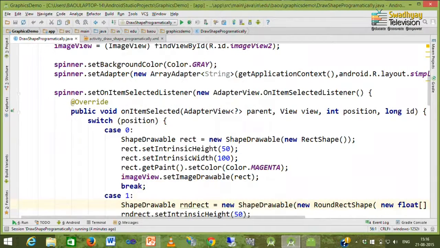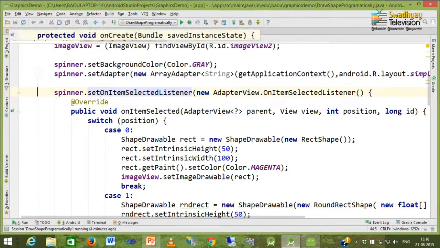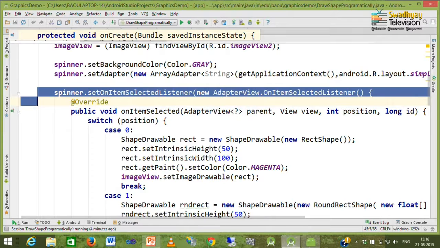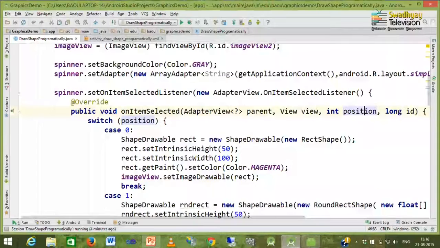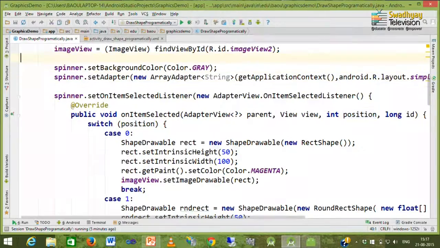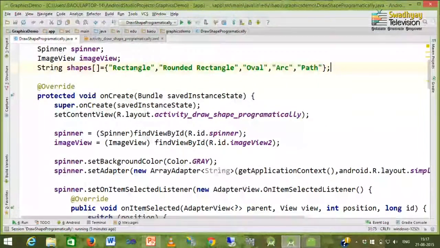Here I implement setOnItemSelectedListener, and inside this there are two methods: onItemSelected and onNothingSelected, and we already know what these arguments represent. This position argument represents the position of the name inside the spinner. So 0 represents rectangle, 1 represents rounded rectangle, 2 represents oval, 3 represents arc, and 4 represents path.